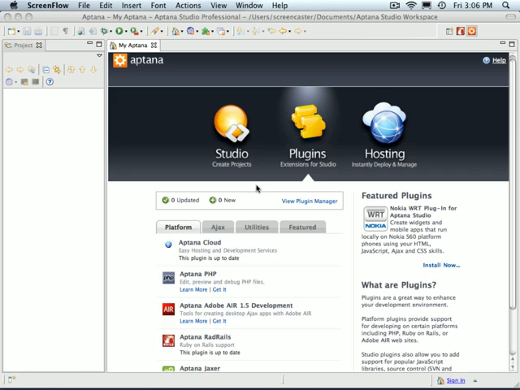Welcome to Aptana Studio. My name is Joelle, and today I'm going to show you how to get started using RadRails. So right now I have the Aptana Studio IDE open for you, and there are two ways to install